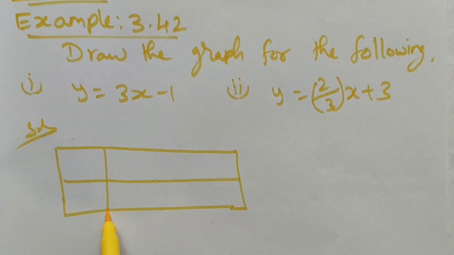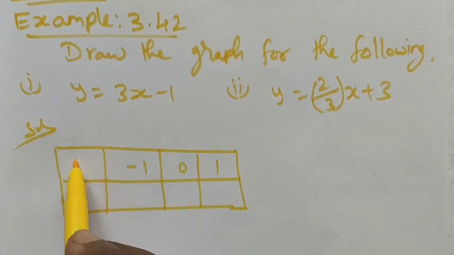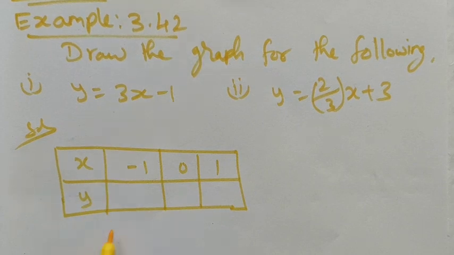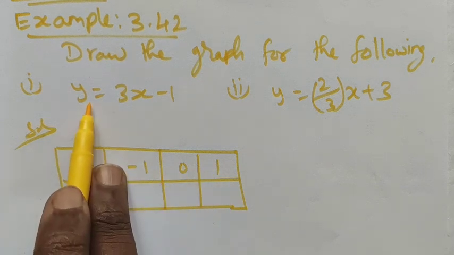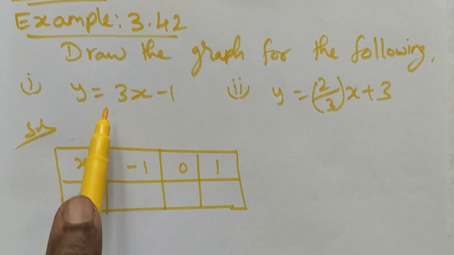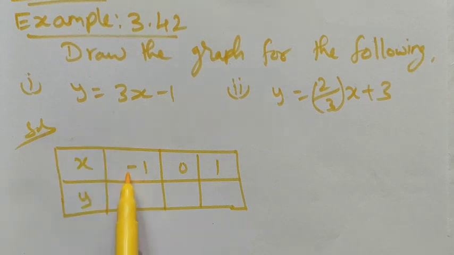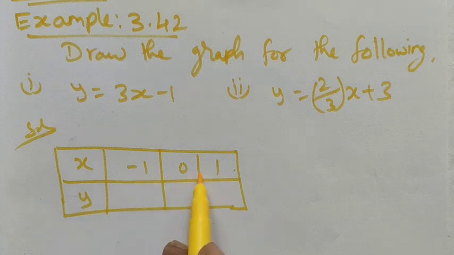Either we can use the table form or, generally, we can do it in a direct way. Let me take it in the table form, meaning x and y. I take x as -1 to 1. That's enough, because the given equation is a linear equation, so surely we get a line. It represents a line only, right? We could take -5 to +5, or -3 to +3, or -2 to +2, or -1 to 1. Here I am taking -1 to 1.